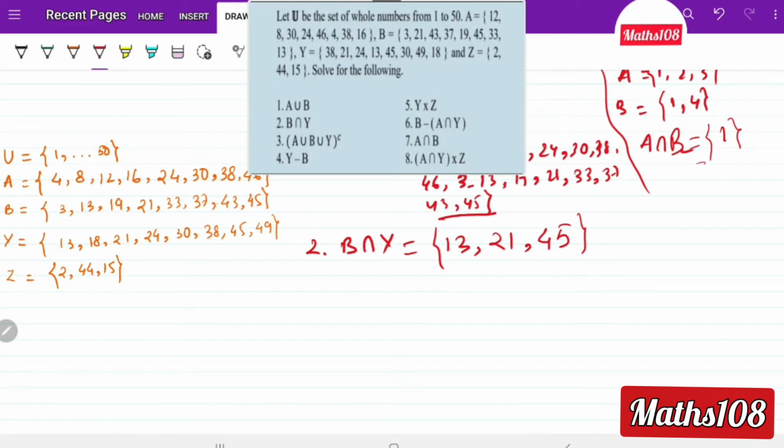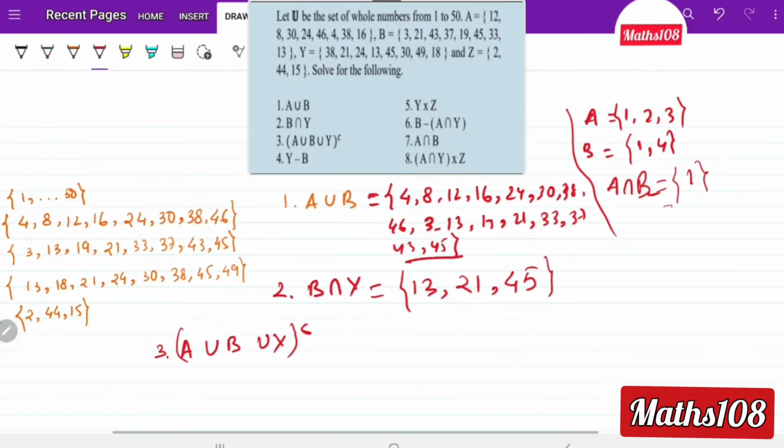Number 3 is A intersection B intersection Y. For writing, this is the complement. For complement, what is A complement? Complement is just that we need to have a universal set. Just say this is the universal set,